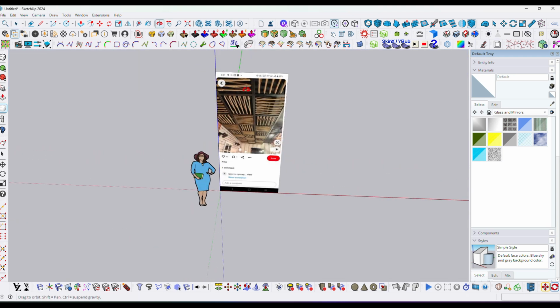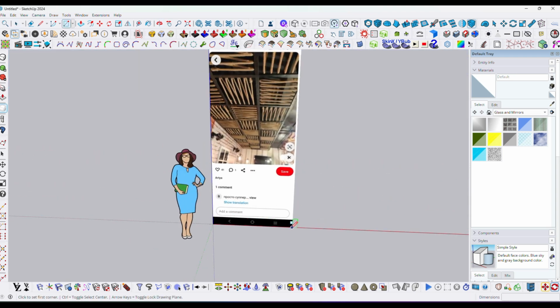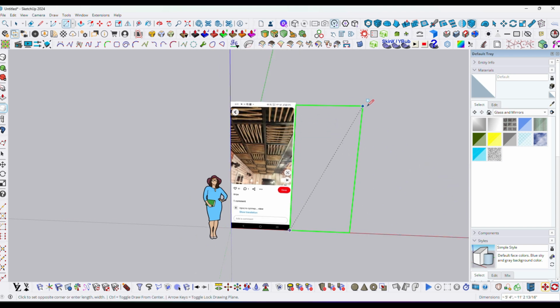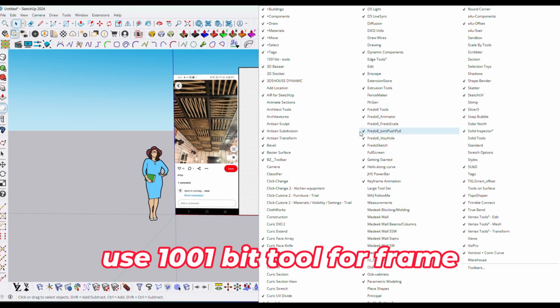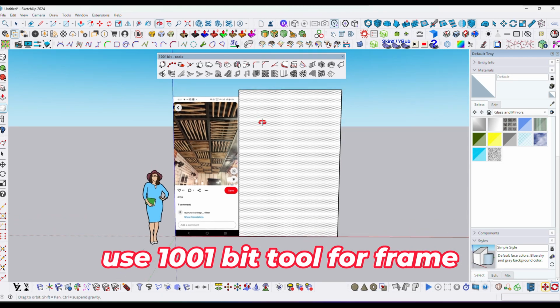First you have to draw a rectangle. So I'm pressing R and creating a rectangle, and this is 4 feet by 12 feet in size. Now for framing, quick framing, you have to use the 1001 bit tool. Just select the face and click over here at